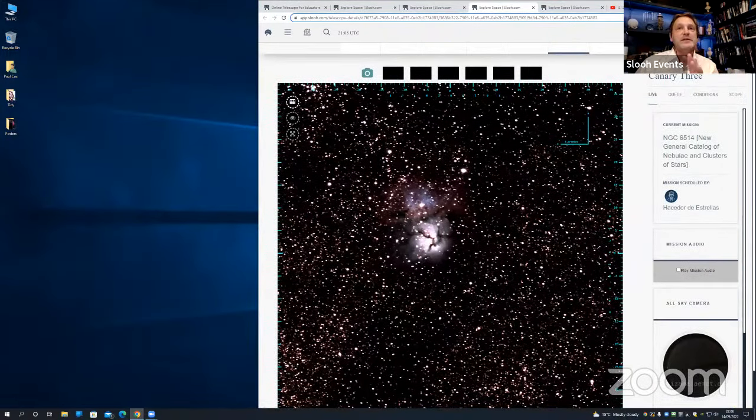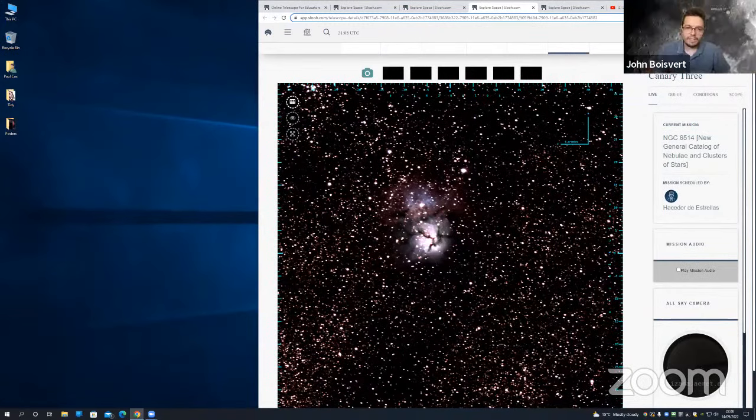But John, this is another type of nebula, and I believe we've actually got two other types of nebulosity shown in this. So we've just seen a dark nebula, which is a dense cloud of dust and gas blocking out the background stars. What are we looking at here in the Trifid Nebula?